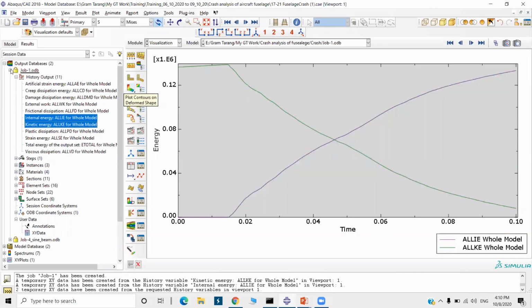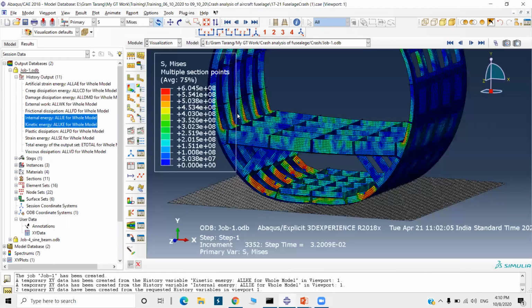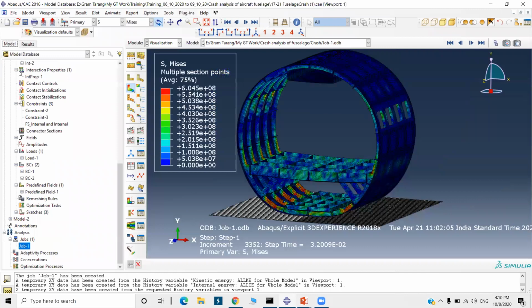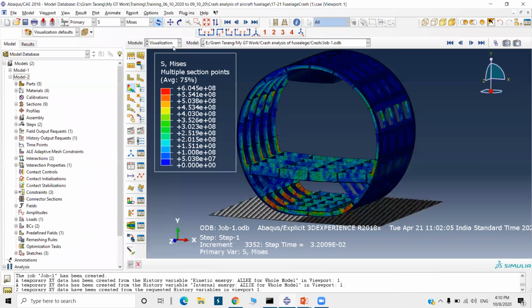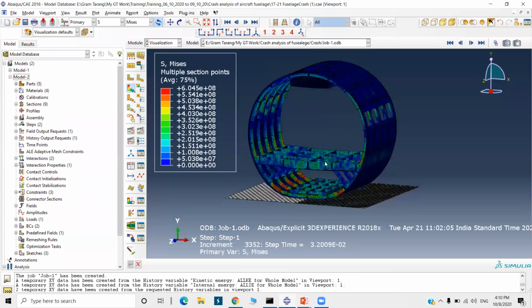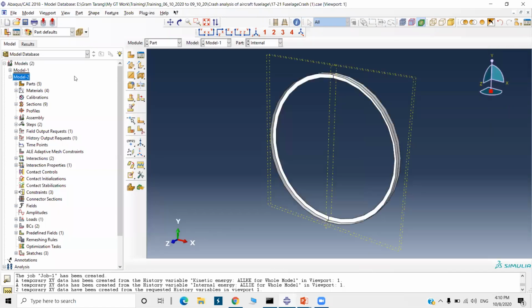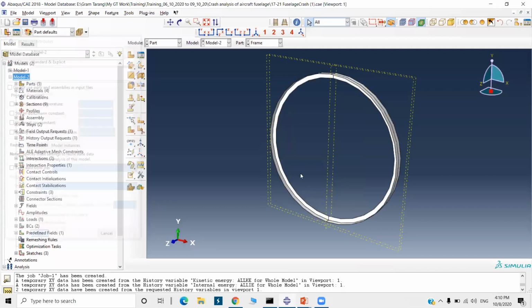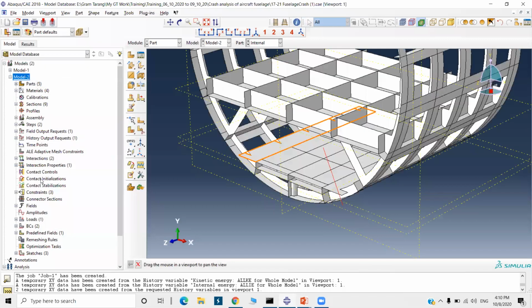Now in this, there is one more model. So we will see the result for that model. This is model 1. I'll go to model 2 here. In model 2, there is a sine wave beam. This model includes a sine wave beam, you can check here. Model 1 is on current. I will make model 2 current. Go to internal. Now you can see the difference. In the previous model, there was no sine wave beam. Here there is a sine wave beam. I will show you this sine wave beam.